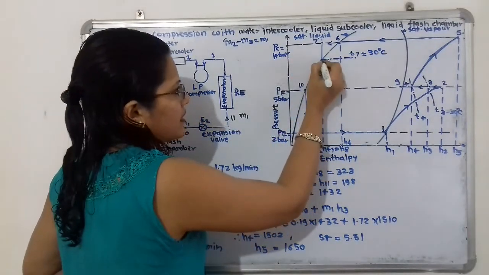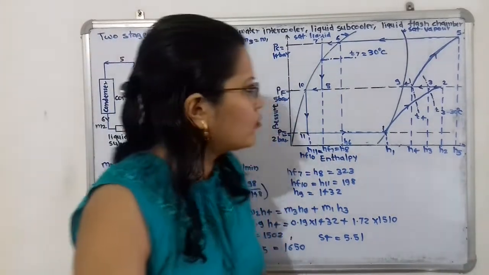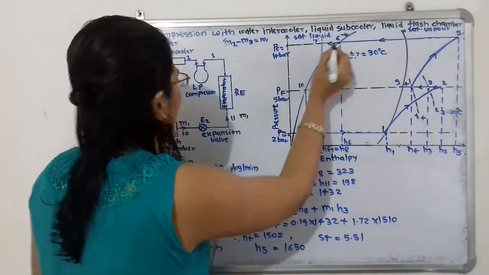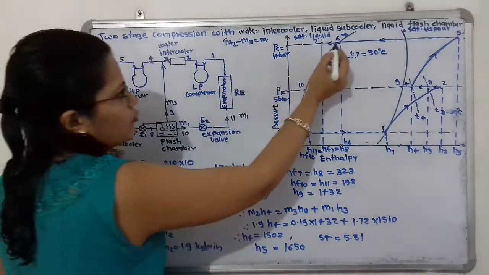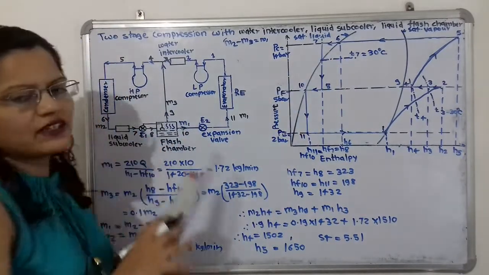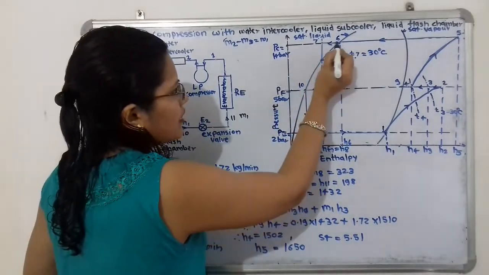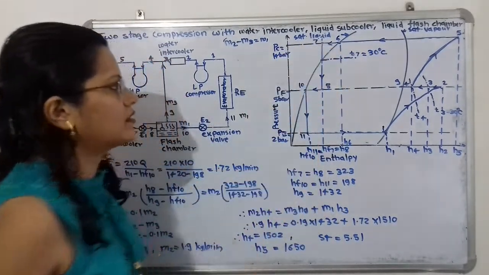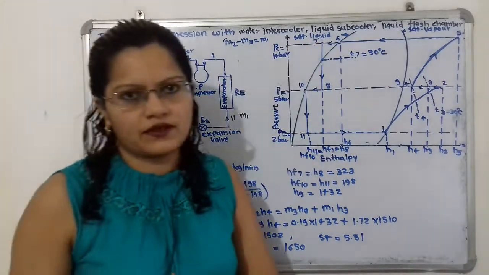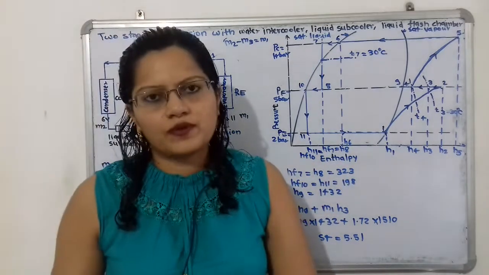Now the enthalpy at this point will be equal to HF7. Now we have to extend this point in the upward direction. So this is the point, and here also for the process 6 to 7 we have to extend this line because this cooling process is taking place at constant pressure. So here is the point 7, that is the intersection of this vertical line and horizontal line. If we extend this point 7, here we will get the HF7, and this HF7 is equal to 323 kilojoule per kilogram.